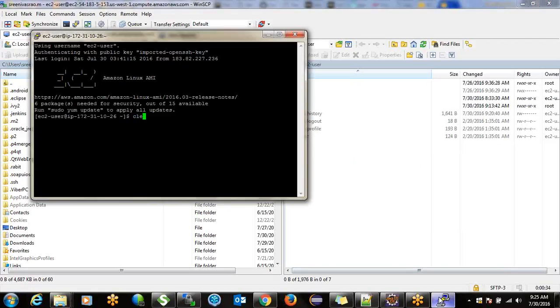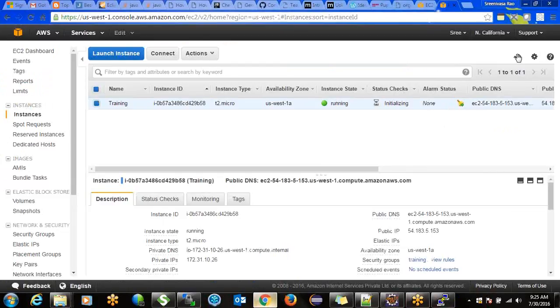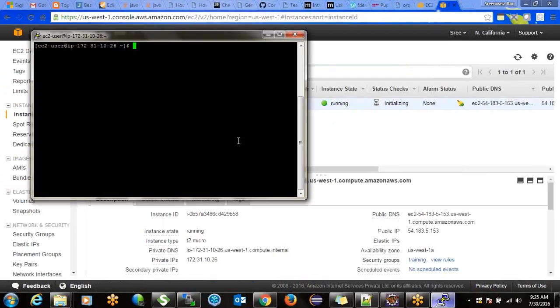Let me check the EC2 instance status. It is initializing, status checks are initializing. We can connect to that instance. Let me check